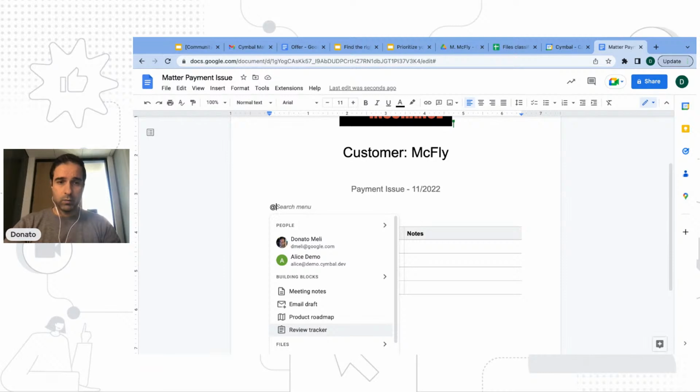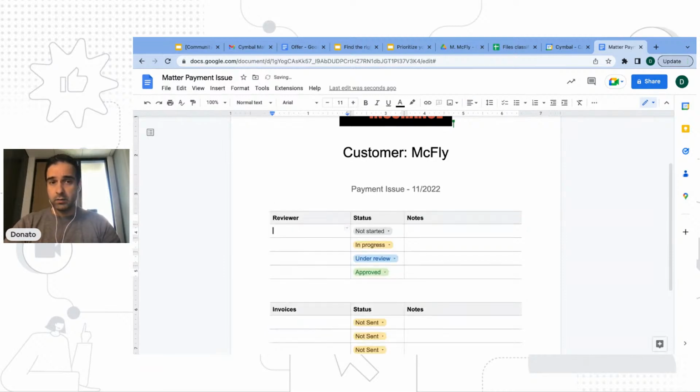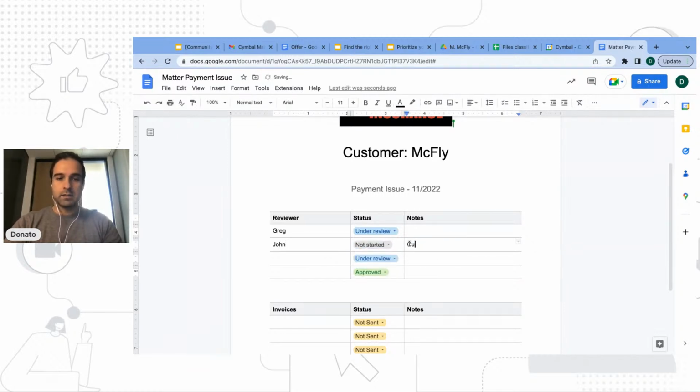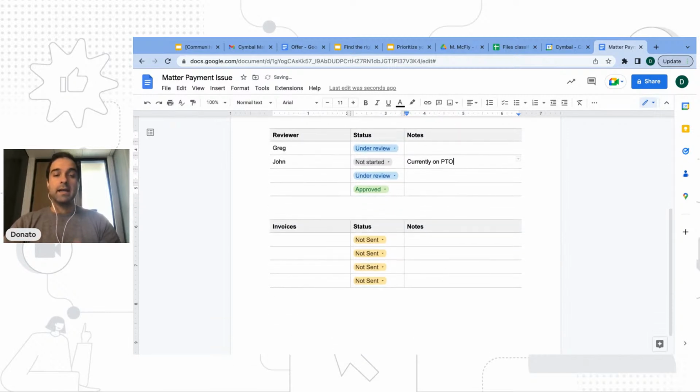In this case, he wants to start from a review tracker to track who are the people actually working on these matters. So he adds himself, Greg, and says, yep, he is reviewing this matter. Then his colleague John, who hasn't started yet because he's currently on PTO. Then he wants to collect in the same document all the files and all the invoices that were sent to